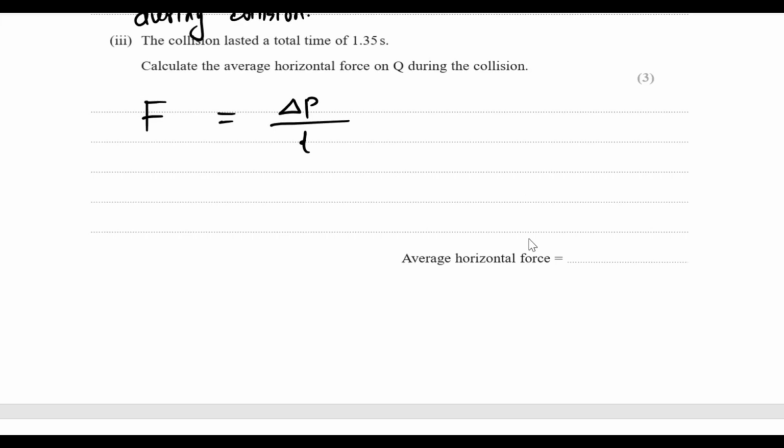So we have to find out the horizontal force on Q. So change in momentum: mass is 151.3 kg and change in velocity here